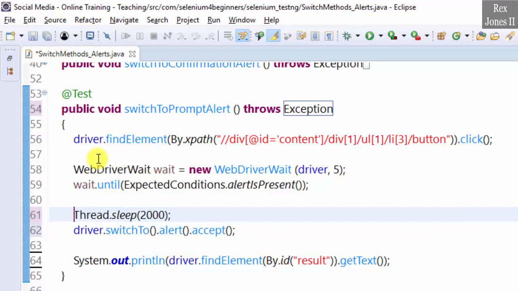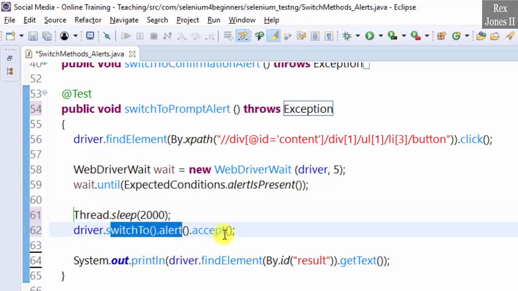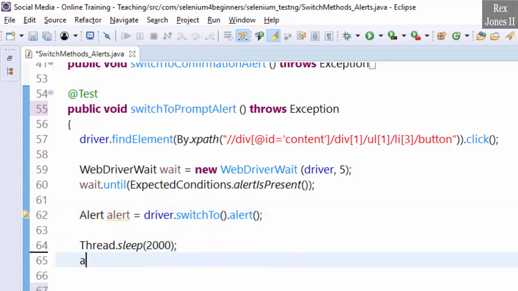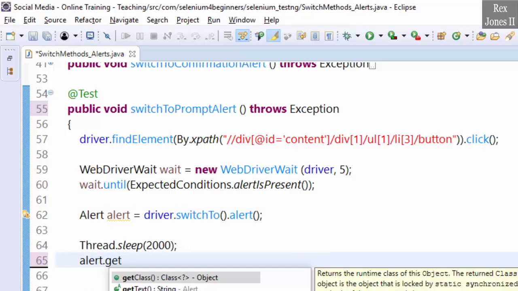However, this time we must separate the switch to alert and accept method. Start by writing the alert interface and alert object reference, driver.switchTo().alert(). This switches to the alert. Import alert. Now get the text. We write alert.getText